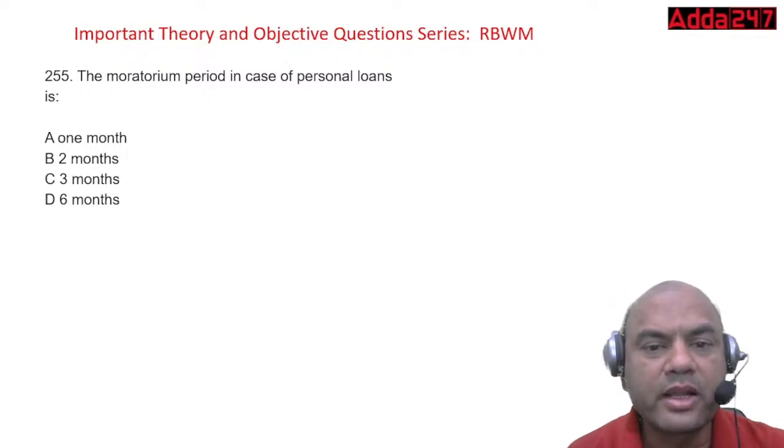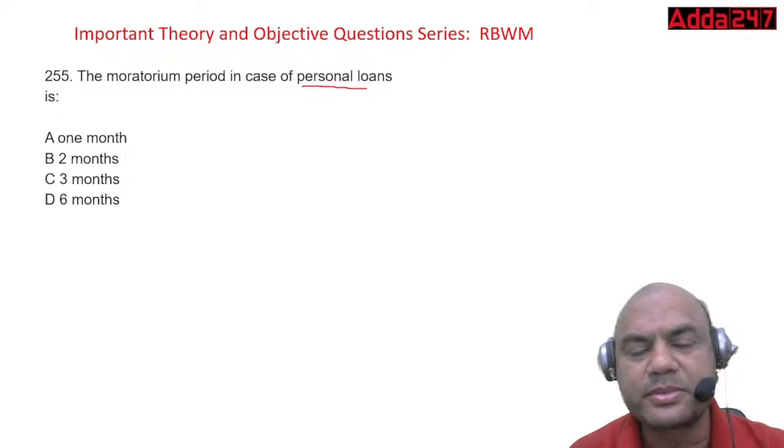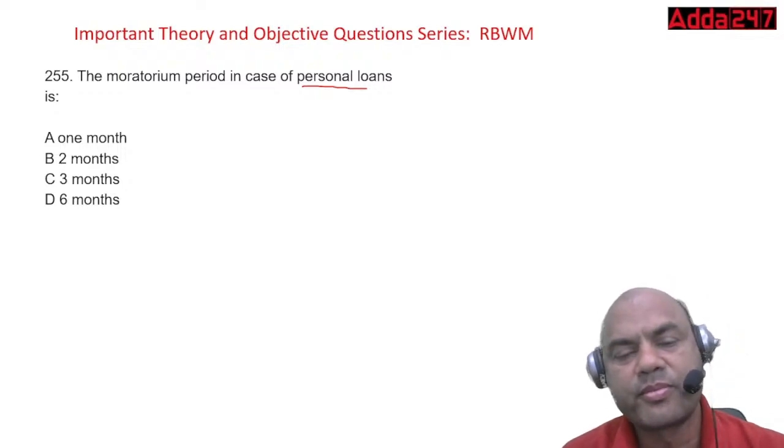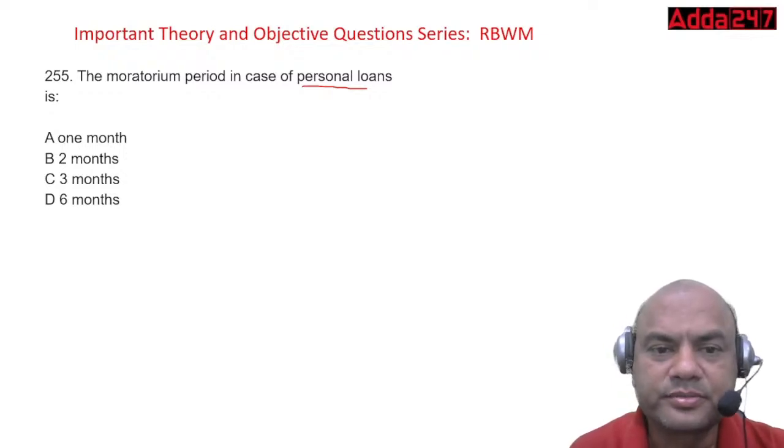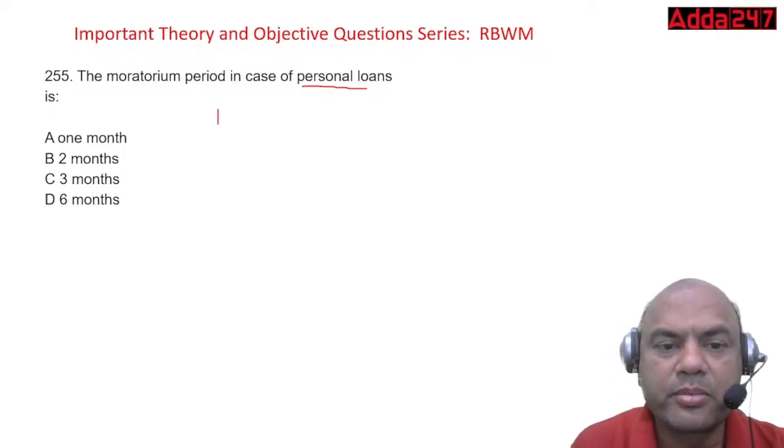The moratorium period in case of personal loans. What is the moratorium period? 1 month, 2 months, 3 months, 6 months. Firstly, you tell me what the moratorium period is. Moratorium period means,